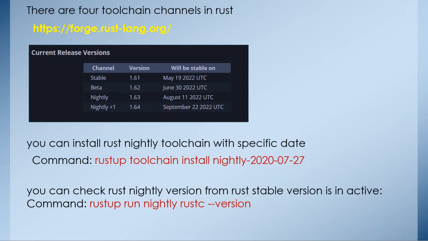According to forge.rust-lang.org, there are 4 toolchain channels in Rust, namely stable, beta, nightly, and nightly plus 1. You can install Rust nightly toolchain with a specific date. The command is rustup toolchain install nightly with the date, and you can check the Rust nightly version from the Rust